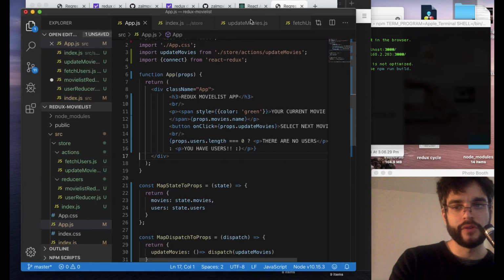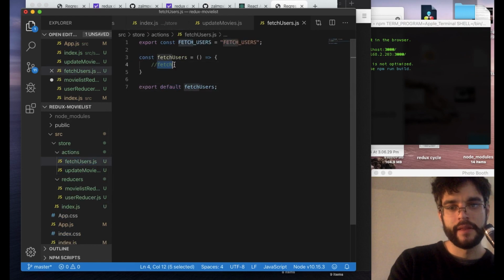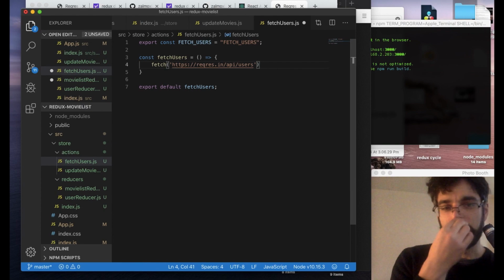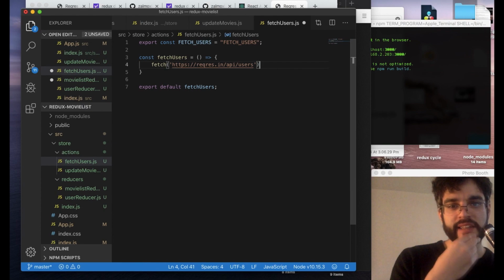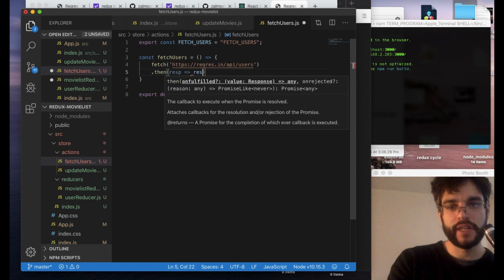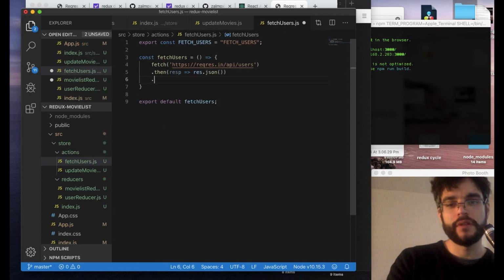So let's go into our action. Let's go into our fetchUsers and uncomment out fetch. Let's put in the URL /api/users. I think that's going to be fine, because I'm assuming you'll be able to access the same thing with just users. Anyway, we'll see. Let's do .then, our response. We're going to turn it to JSON, right? And then once it's JSON,